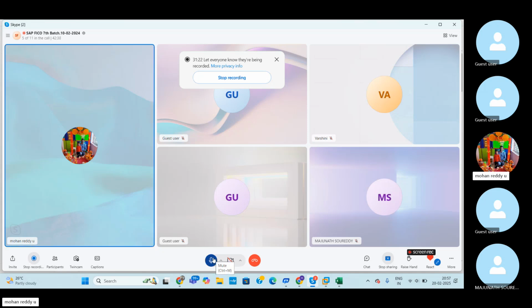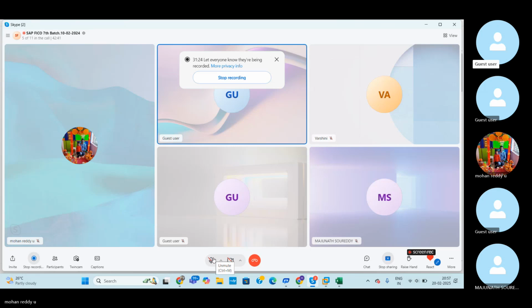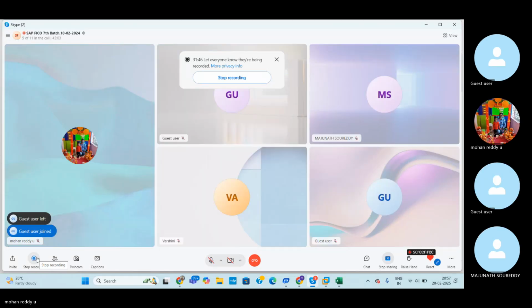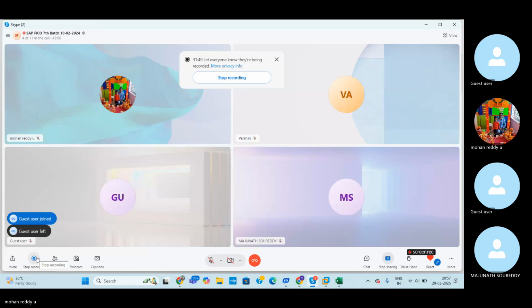Okay. Tell me about yourself, Sri. Hi, sir. Good evening, sir. Hi, everyone. I am from Andhra Pradesh. I have a bachelor's degree, BCom Computer Science. Hello, Srinu. I think your network